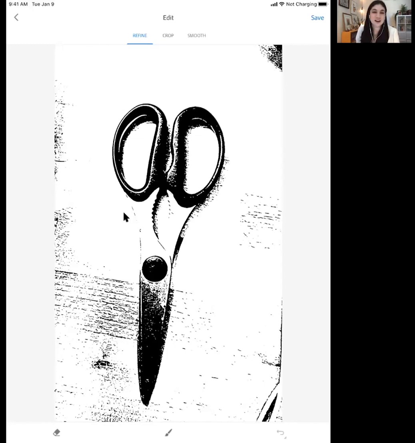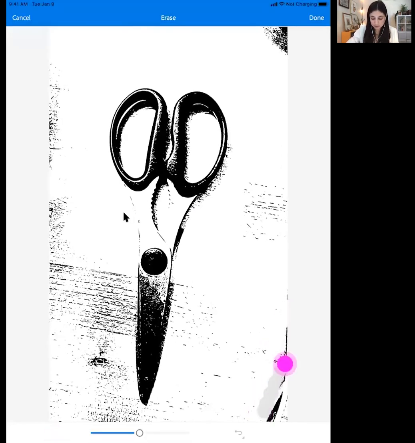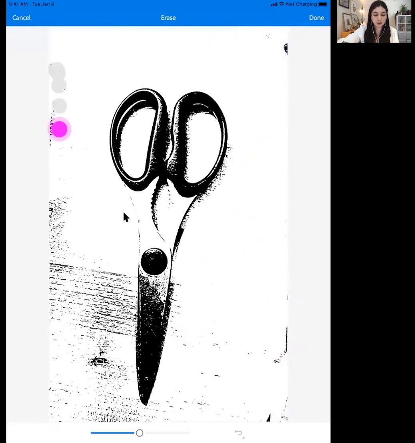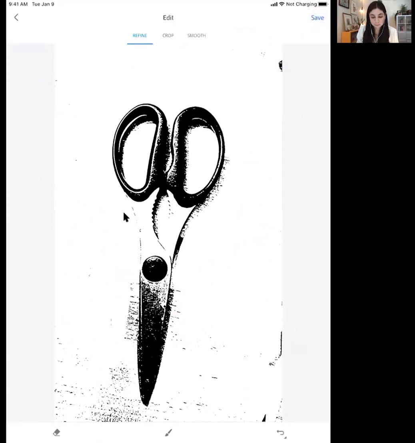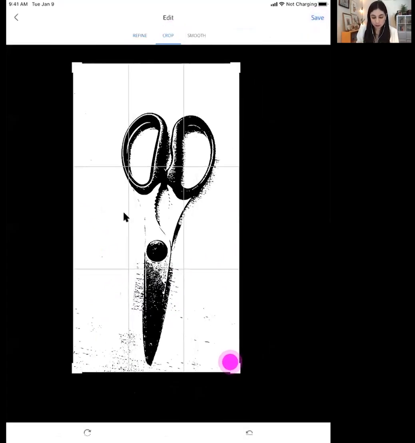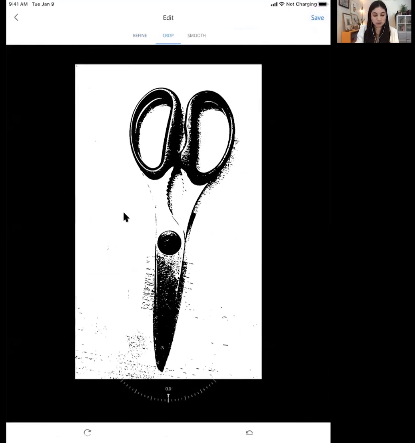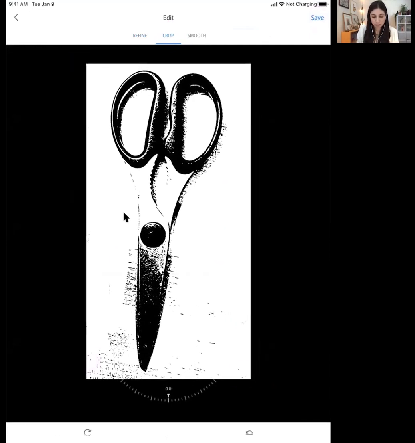You could create art based off of your images, based off of pictures. So in this menu over here, you'll notice at the bottom, you have a little eraser tool, a little paintbrush. This eraser tool obviously erases, so you can take away some of these unnecessary lines that you might not want to see on your pretty image. And of course, when you have more time dedicated to this, you can go really in depth, but for the sake of this, we're going to say this looks great. We're going to tap up at the top and say done. The next option over, you can crop it. So if you really just want to have just these beautiful scissors, you can kind of move that around